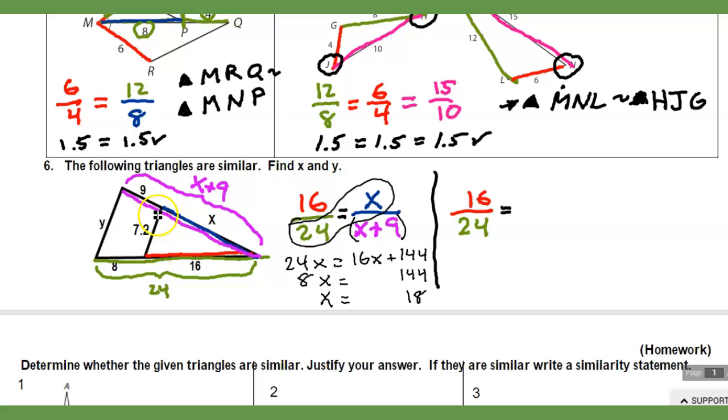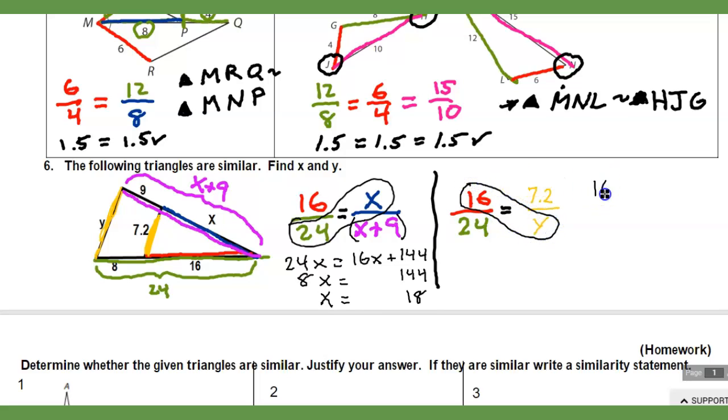And lastly, over here for y, a little bit easier. Again, small triangle on top. So I'm going to do, here's the length of that small triangle, 7.2. And over here, the length is just y. So we don't need to add or subtract anything on this one. A little more straightforward. And then same as before,